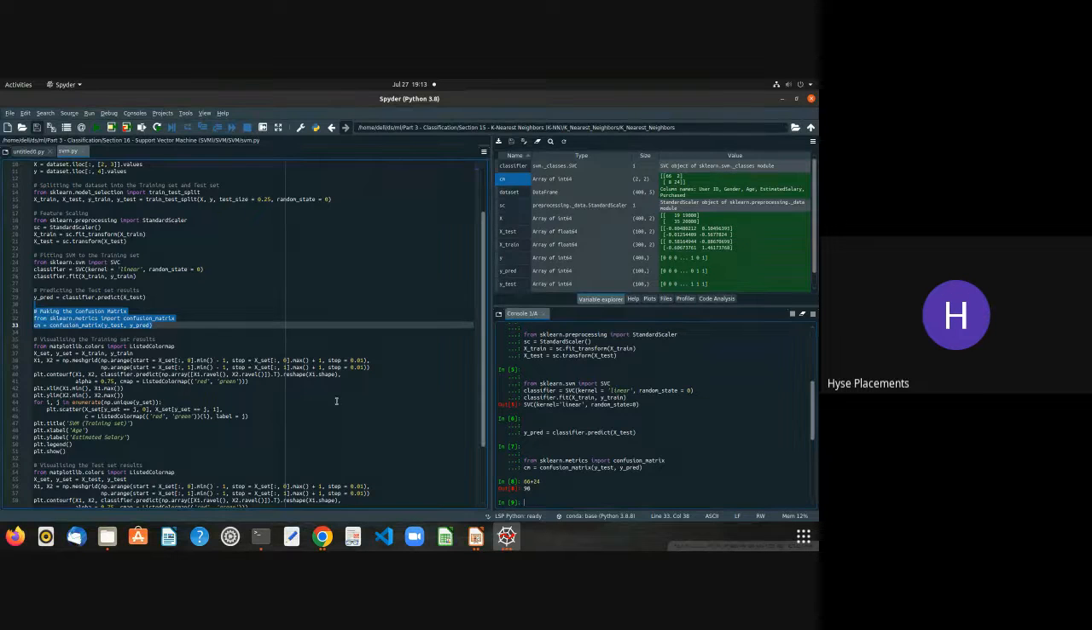Right? So that's how classification theory works actually. Classification is something where your entire output is divided into categories or classifications,